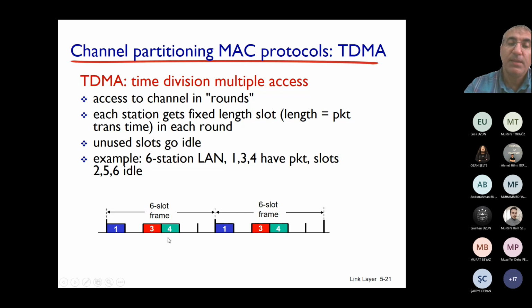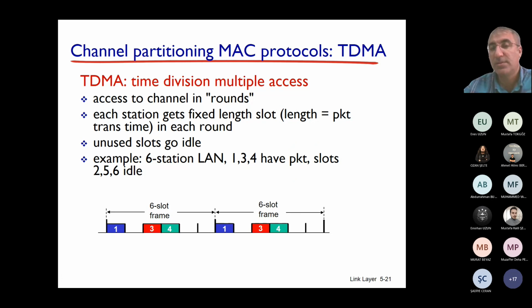Let's give an example. We have a 6 slot frame: 1, 2, 3, 4, 5, 6. In this case, this is the first round, this is the second round. Here, slots 1, 3, 4 are used, and the remaining slots 2, 5, 6 are